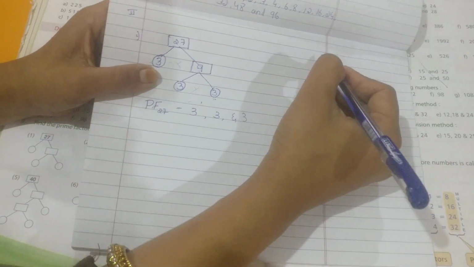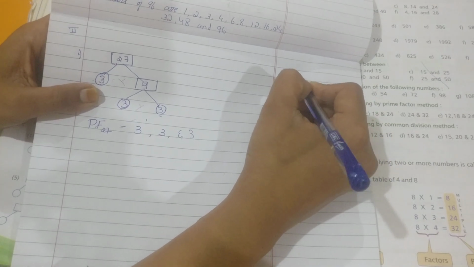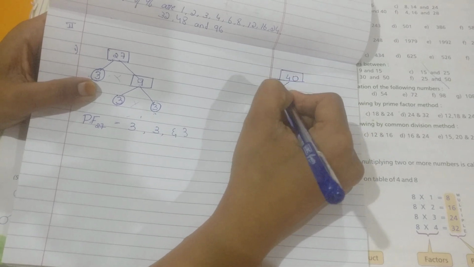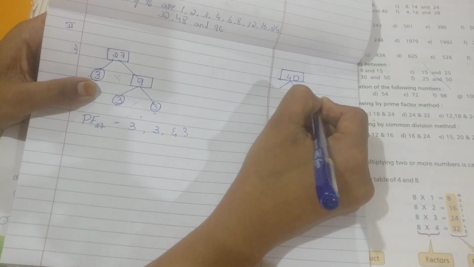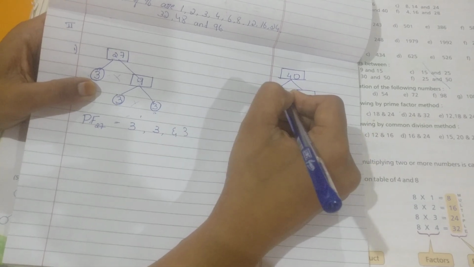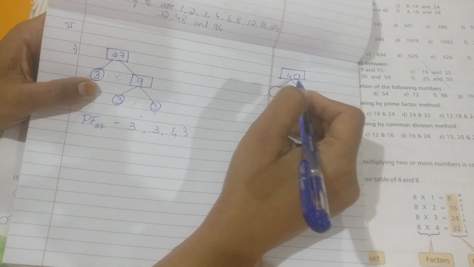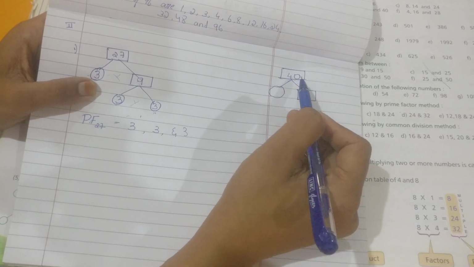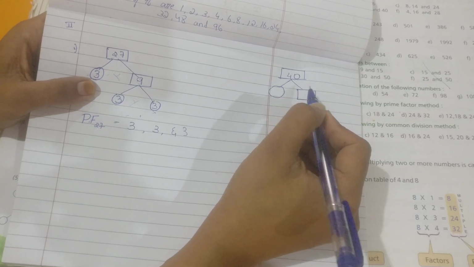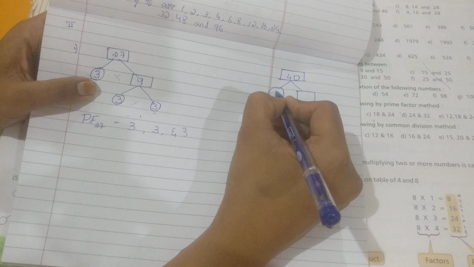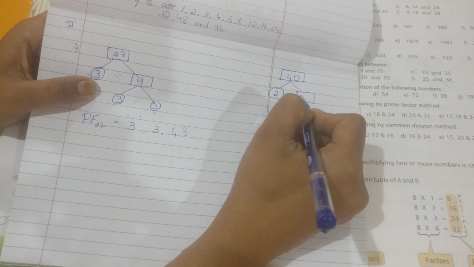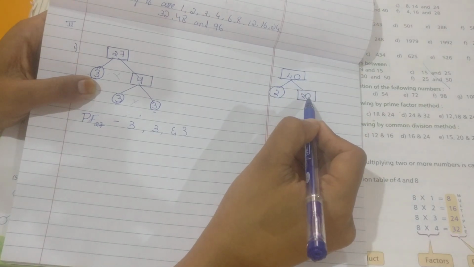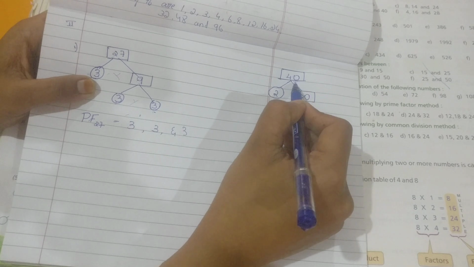So let's go for the next one. I am going to take the fifth one, 40. So with which number shall I divide it? I can divide it by 2. I should always start with the small number because I can divide it by 5, by 4, by 10. I can divide with so many numbers, but I should always start with the smallest number which I can divide. So that is 2. 2 2s are 4, 2 zeros are 0. The answer is 2 20s are 40.